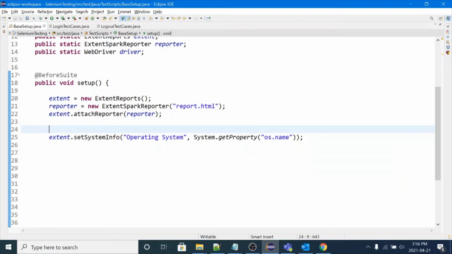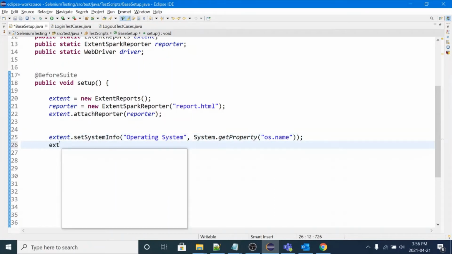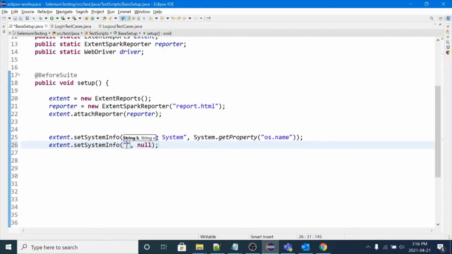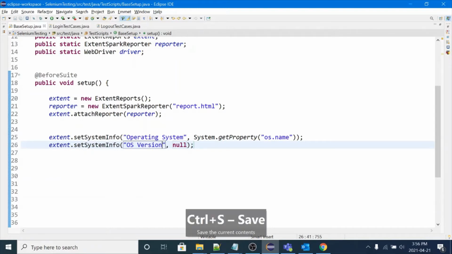So let's suppose we have some other information, like if you want to print OS version in your extent report, you can write extent dot set system info. You can write OS version, and you can use the same code. Here you can pass OS version, os.version.